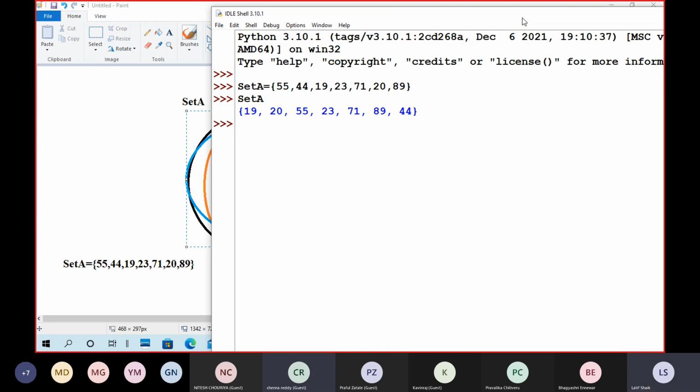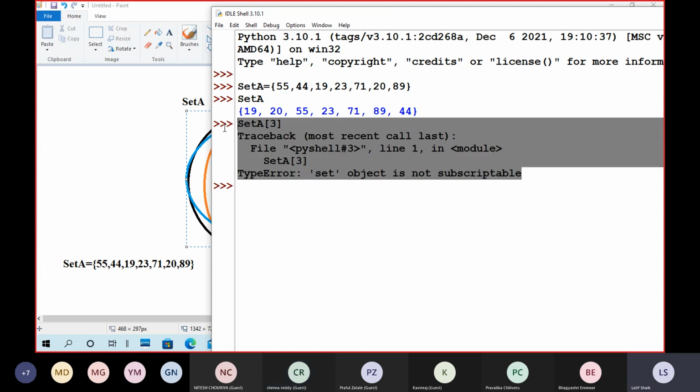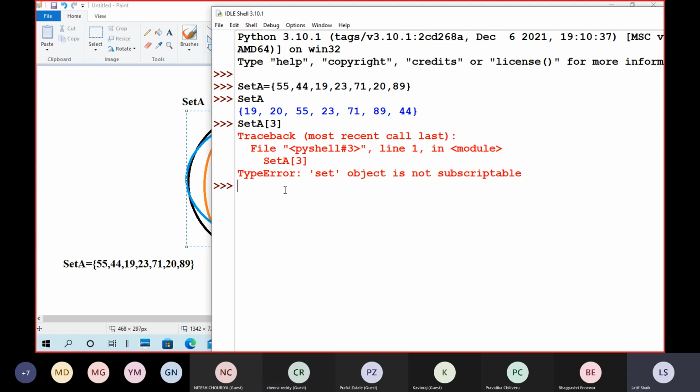I gave this order, but the order is changed. If I try to index set A, it says the set object is not subscriptable, meaning it doesn't have any order. Set A dot, display shows different options: add, clear, copy, difference, like this.